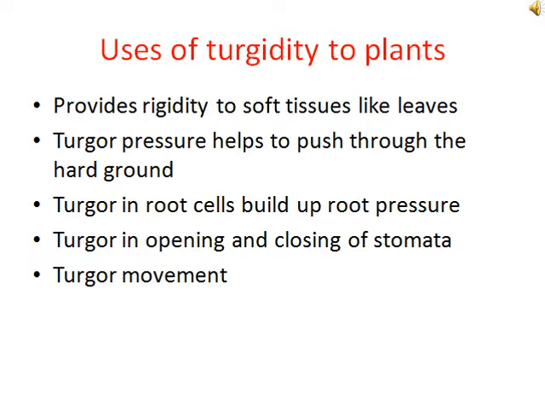At the base of the leaf, there is a structure called the pulvinus. When we touch the leaf, the turgidity of the pulvinus moves from that area to another area. That is why the leaf droops down. There are a few more examples of turgor movement. That is the bending movement of certain flowers toward the sunlight, like the sunflower turning toward the sunlight, and the sleep movement of the leaves of certain plants at night. Sleep movement means that towards the evening the leaves of certain plants fold.